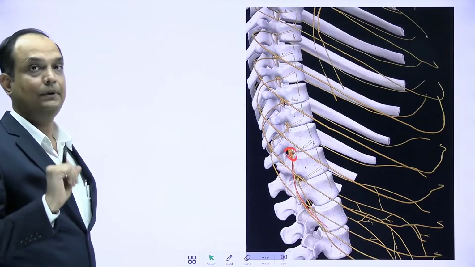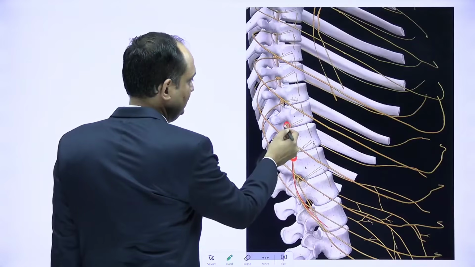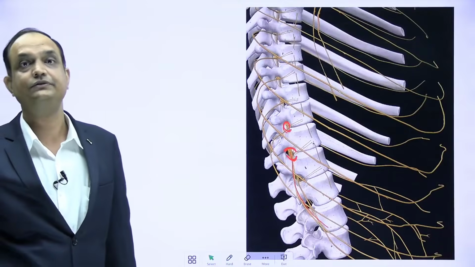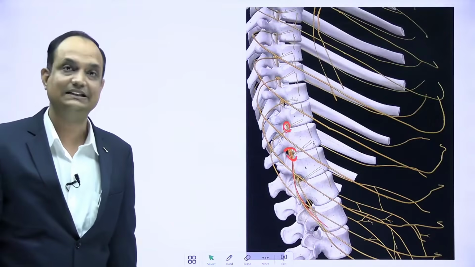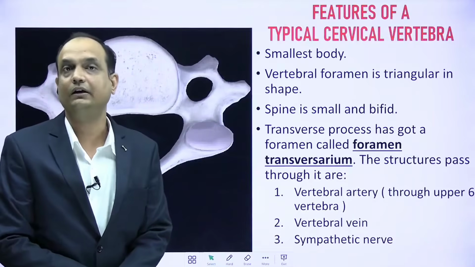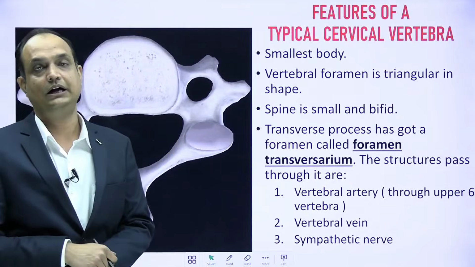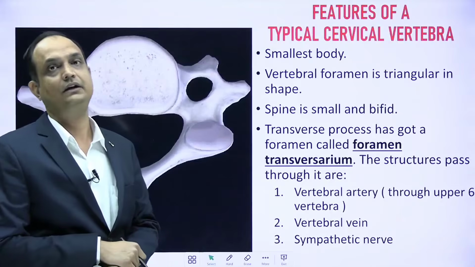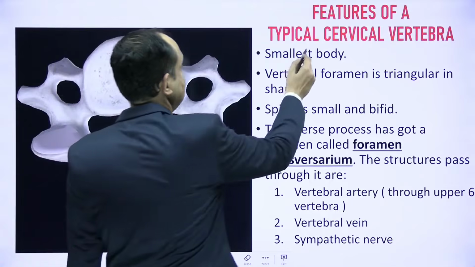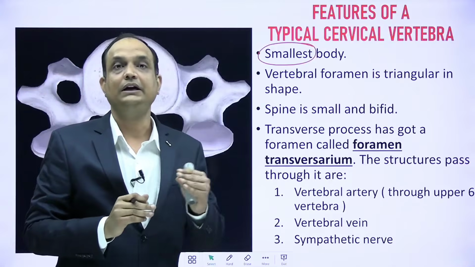But the important thing is that the depth of the superior and inferior notch is not constant in all regions of your vertebral column. It is variable according to the region. Now we will see one by one. First is your cervical vertebra. You know that there are 7 cervical vertebrae, but we are talking only about identification of a typical cervical vertebra. So this is the typical cervical vertebra image, and it has the smallest body of all your upper 24